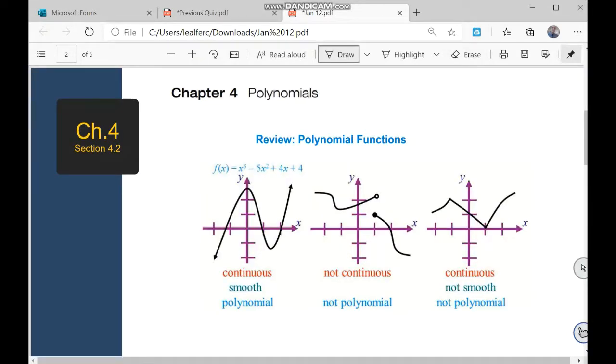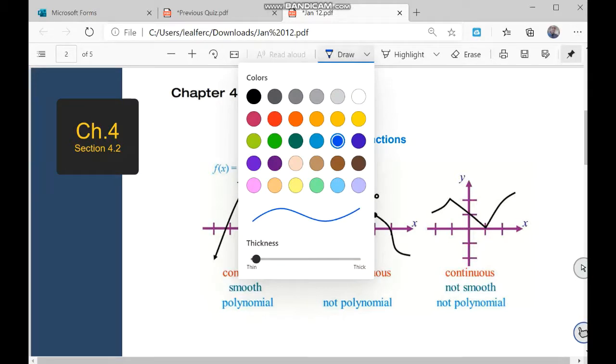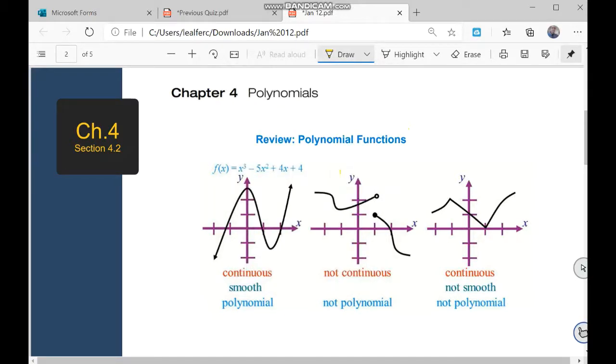And to add a little bit more about this knowledge on the polynomials, we remember how to check if a graph is a function or if it's not a function. Remember from last semester, we're talking about it, it is the vertical line test. It means you have to draw here a vertical line, and if it intersects the graph in just one point,